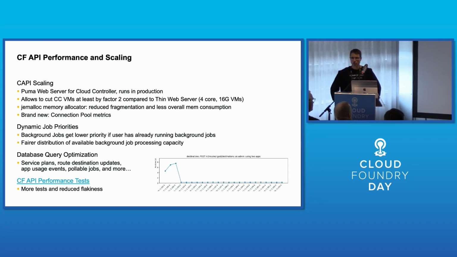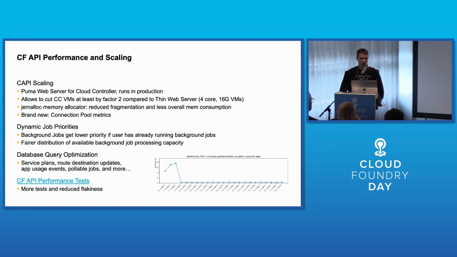Another point for scalability is dynamic job priorities. With v3, a lot of the functionality in the Cloud Controller is actually removed from the direct API call into background jobs. That's one of the reasons why the v3 API is a lot faster than v2, but those background jobs need to be processed as well, and we observed issues, for instance, when typically CI pipelines provide a very high load for a single user with lots of background jobs, or if it happens that, for instance, service brokers have an outage and that delays then all the service bindings, etc., background jobs in the past, and we have